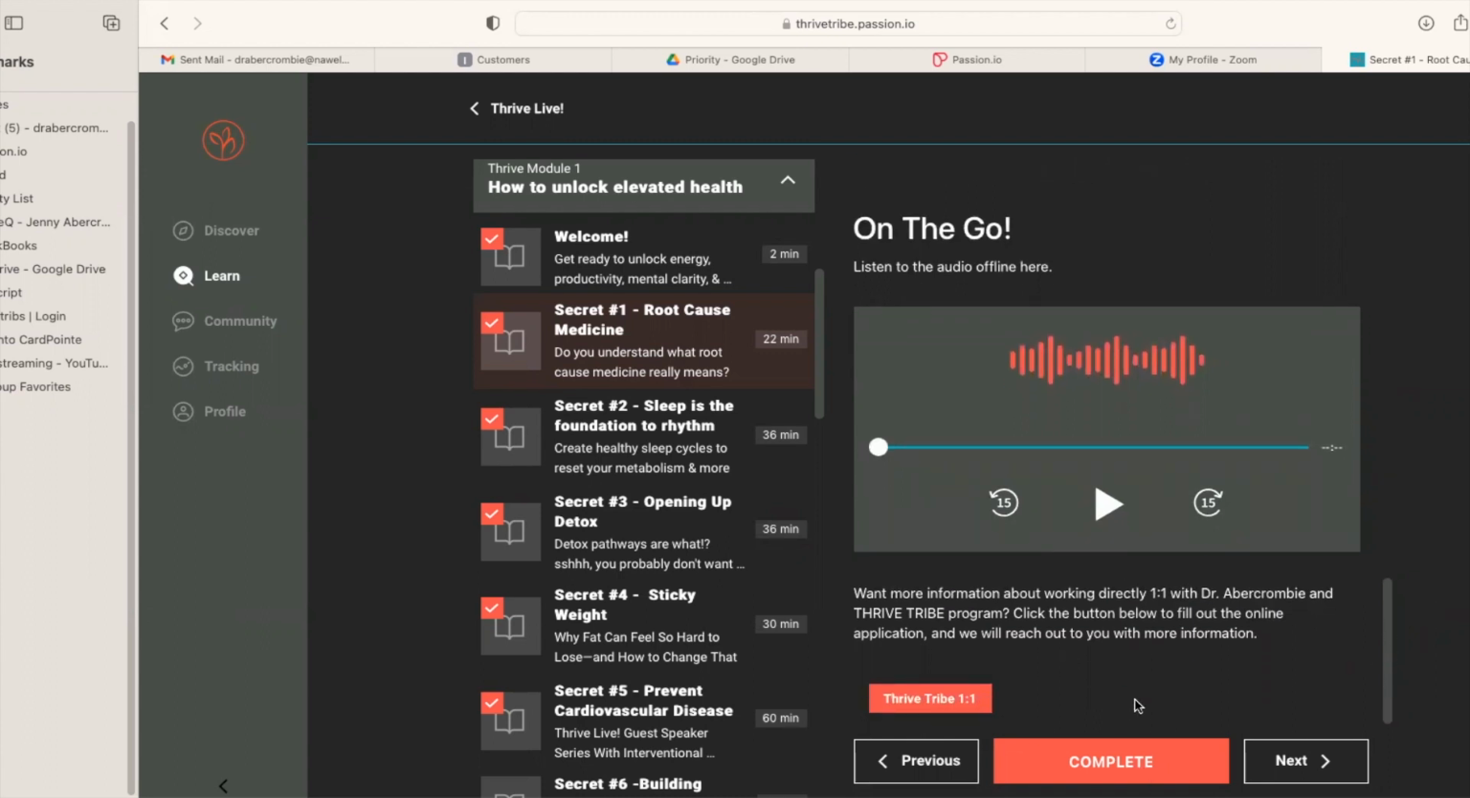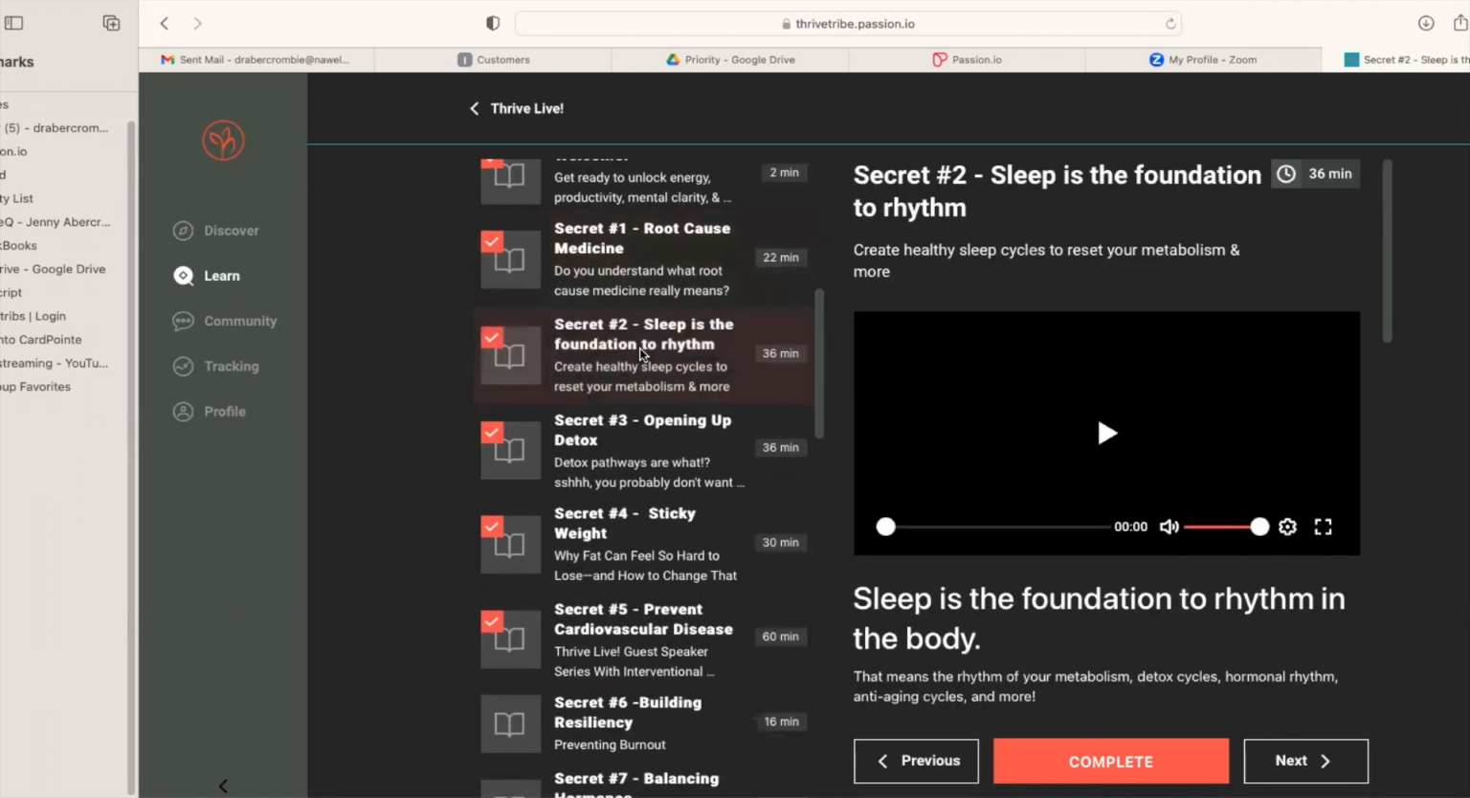And then when you're done, you can just hit this complete button. The buttons are going to be in this coral color. You hit complete, and then you get this nice little colored check mark there, so that you know you completed that course. And then you visually know you don't need to go re-listen to it, unless you want to. Next one is on sleep, the